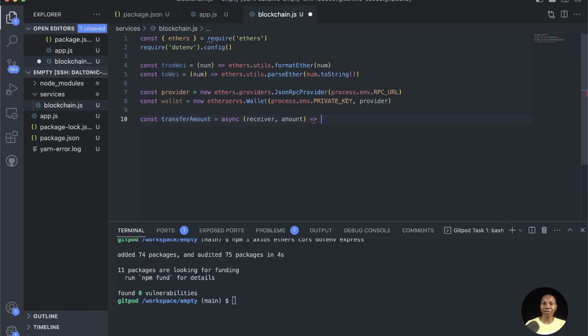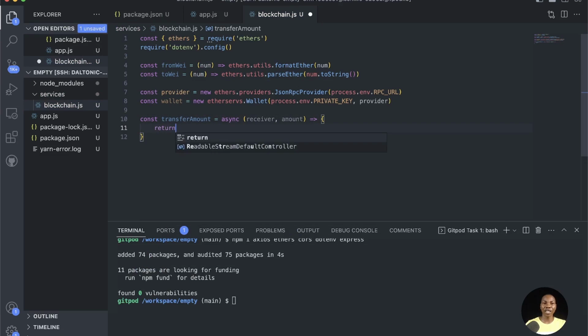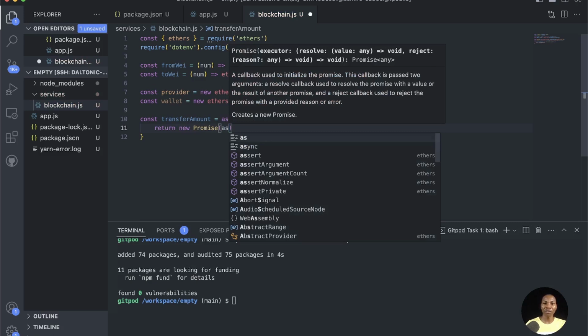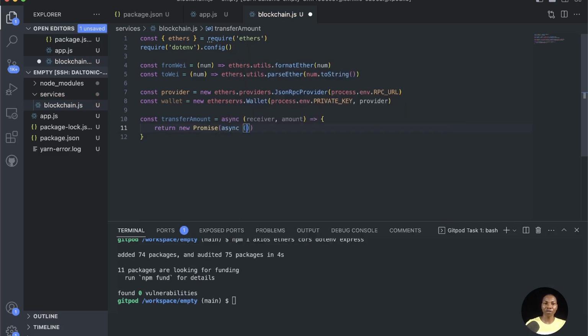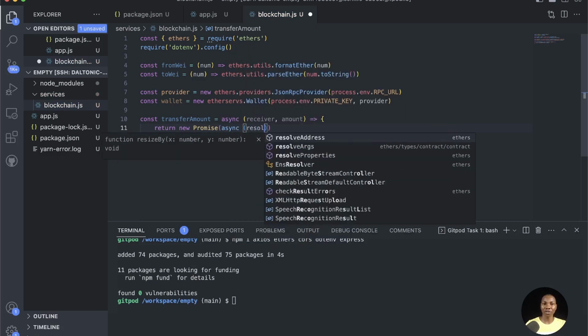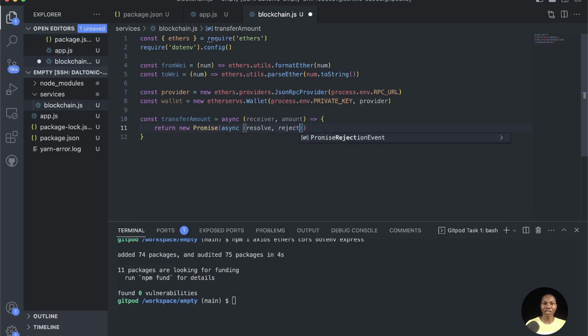And now I want to return a promise, so I want it to be promise based. So I'm going to say new Promise, and this promise is going to be asynchronous, of course. And this is resolve, and this is reject. All right. At this point,